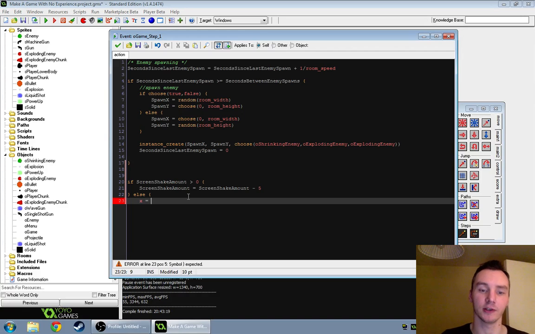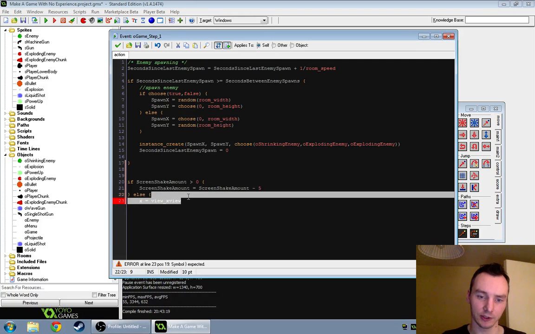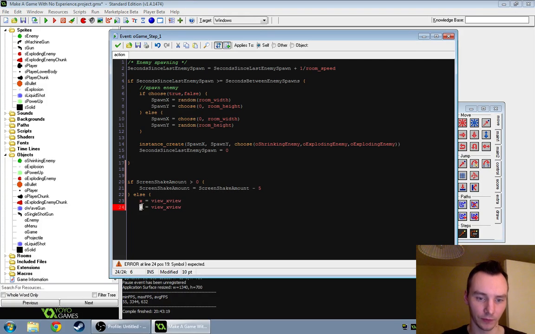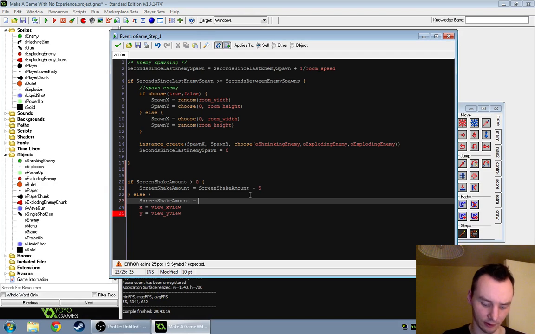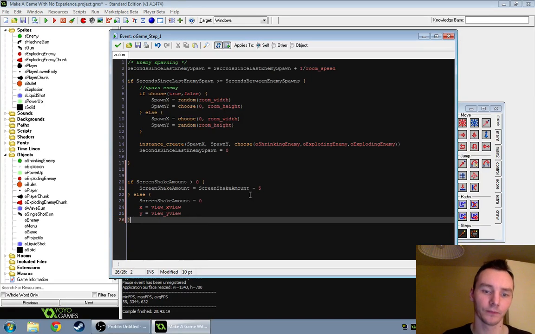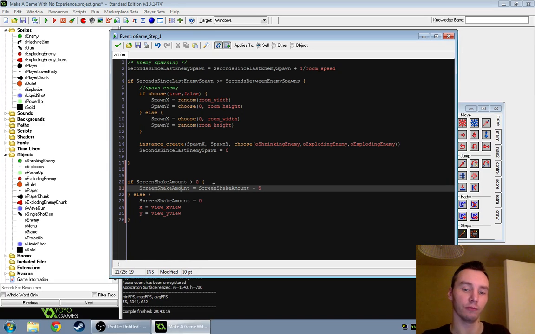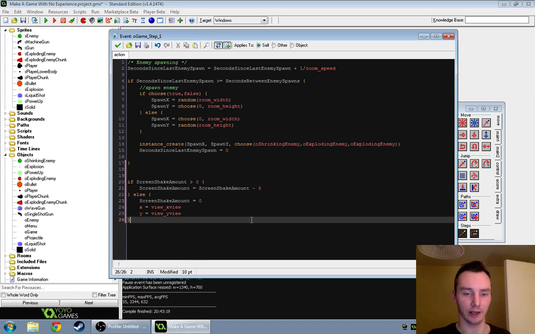So I'm actually just going to say the game object itself will move to track the view's x coordinate and the view's y coordinate. So if there's no screen shake, or if it's somehow got less than 0, we'll set it to 0. And if there's no screen shake, then note our position. If there is screen shake, then reduce that screen shake. And then either way,